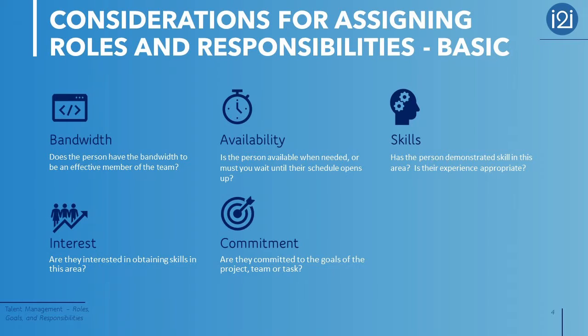Is the person able to commit to the tasks and deadlines? Getting commitment from team members is essential for a successful project. A person cannot do a good job if they don't know what they're supposed to do or they don't have the skills to do it. To make it easy for your team members to succeed, make certain that they do not fall into any of these traps.